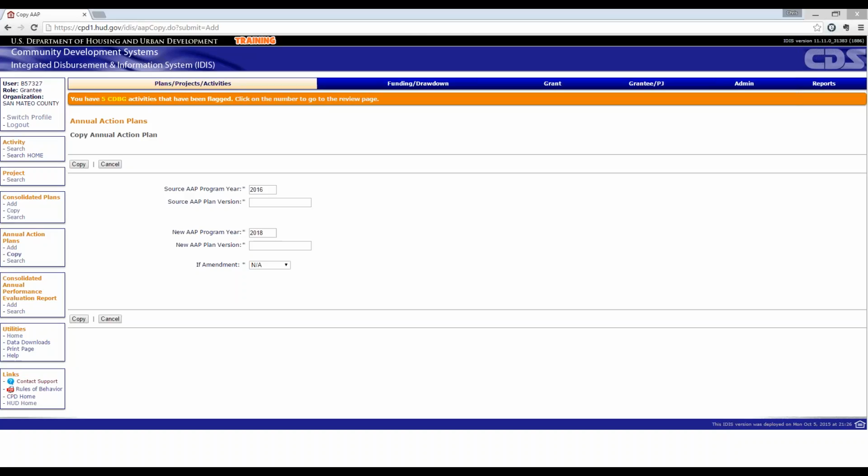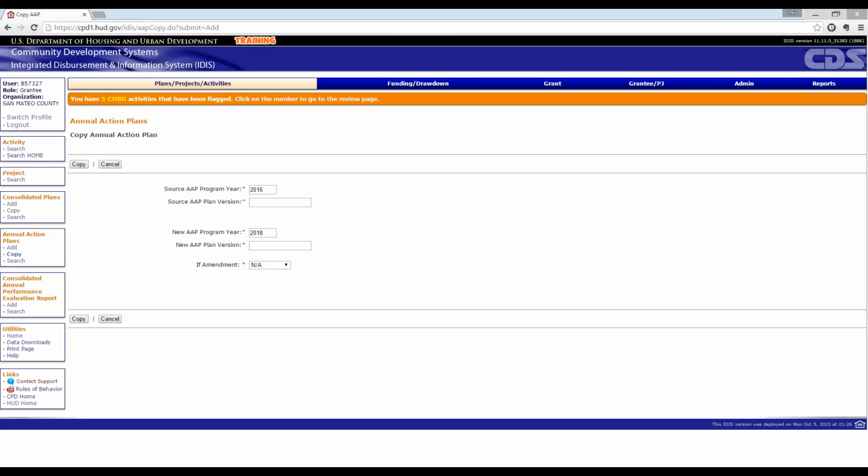Okay. A few more questions coming in just between the relationship of lead agencies and participating grantees, or excuse me, lead grantees and participating grantees. Lead grantee is responsible for setting up and creating the consolidated plan and the action plan for the lead grantee, as well as all participating grantees.